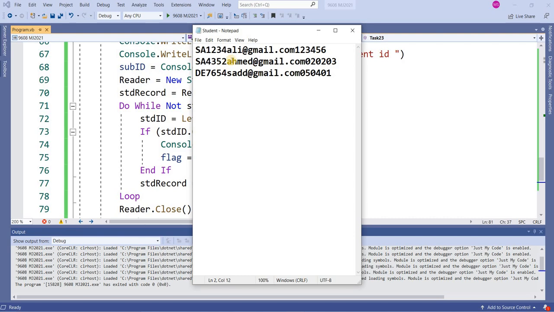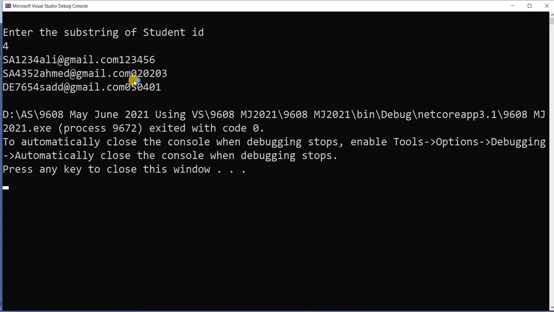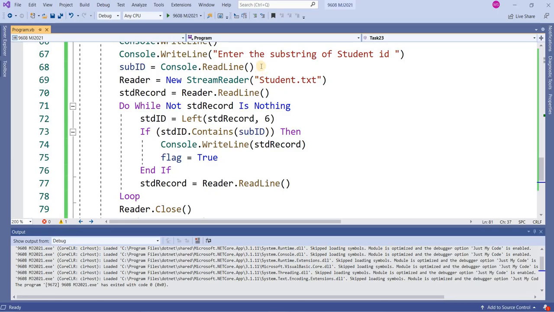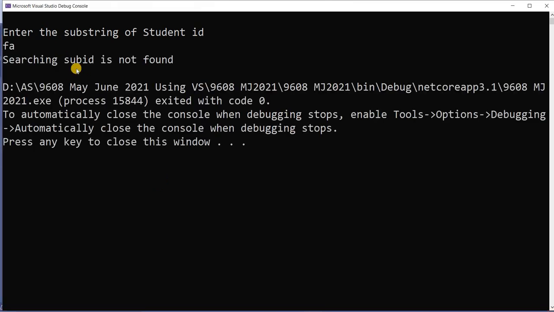The IDs are 7, 6, 5, 5, 4. 4 is common among all. If I find 4, it shows me all 3 records. And if you find, suppose, FA, that does not exist, it shows me the message that the searching sub ID is not found.